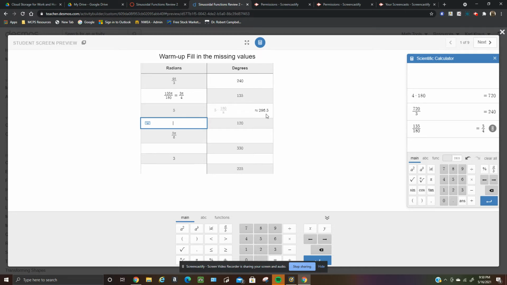About 286.5 degrees, and then 120 pi over 180,